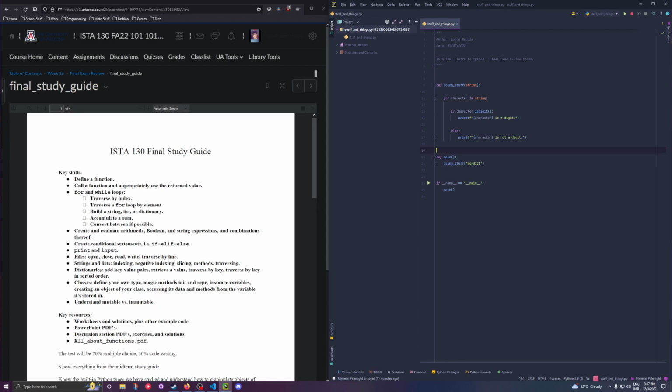But that's my point. So traversing by index. Traversing by index would be if you did instead for index or I, which is what we usually use just to save writing space, but I want to write it out so you can see it. For index in range, length of string. And then you would put your colon and then the same code. I could just copy and paste the same code. Now this code would actually do the exact same thing, except everywhere you see character, which luckily only appears 3 times in the code here,